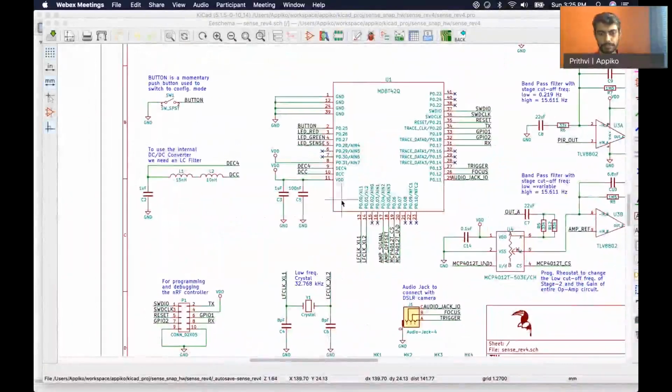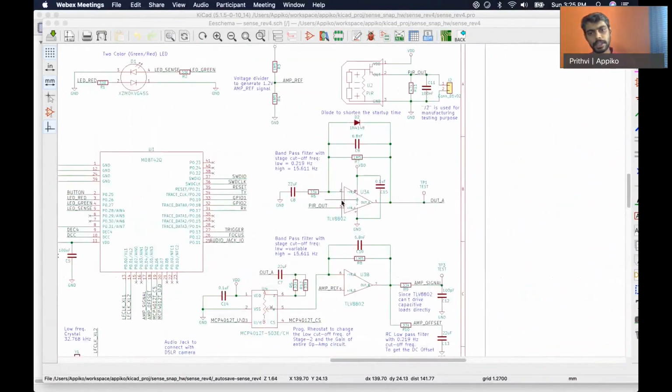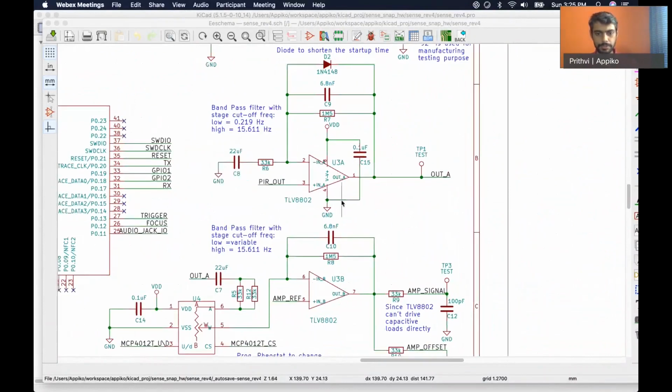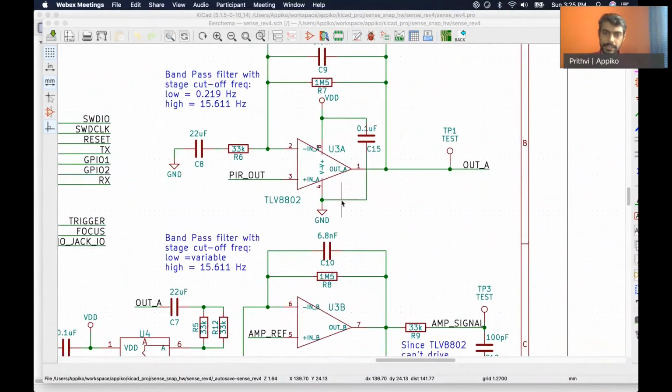So let's go back to looking at the various other parts of the system and seeing how we choose the components. For the op-amp, which is needed for the bandpass filtering, the specifications that we needed are quite relaxed, in the sense that we didn't need any high frequency op-amps.